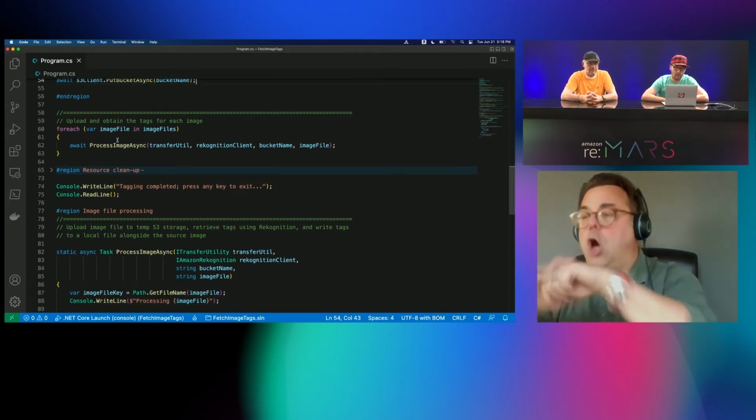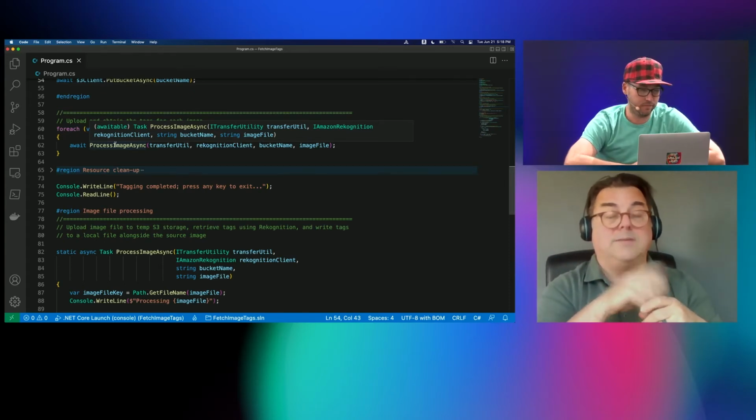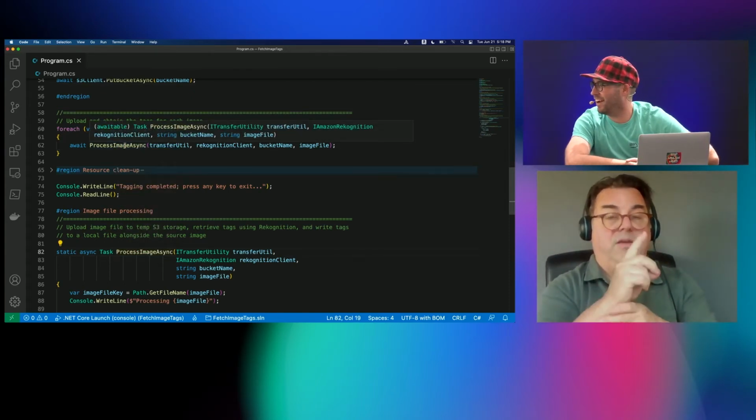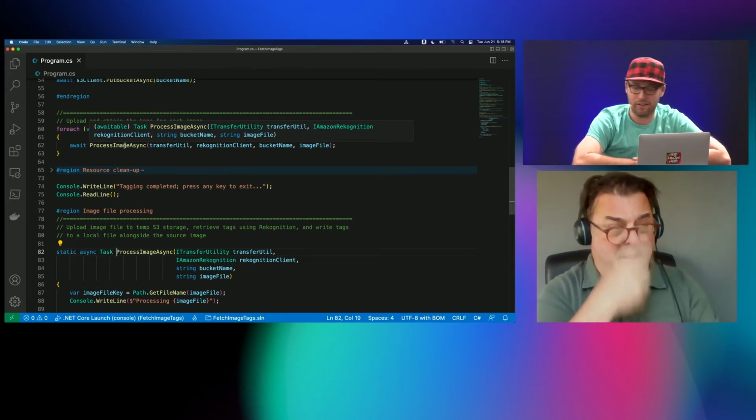All right. So we've got our for each, and I see that you've wrapped it into a method. A method. Yeah. So let's jump down to the method, and we can walk through the code. How mad would you be at me if I called it a function? No, I'd be good. We have functions. Okay. We have functions too.